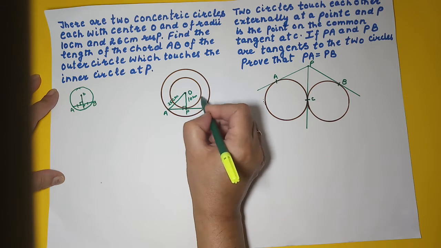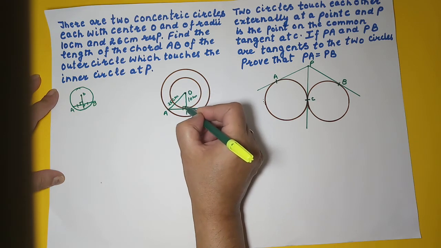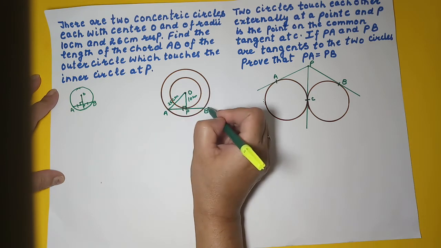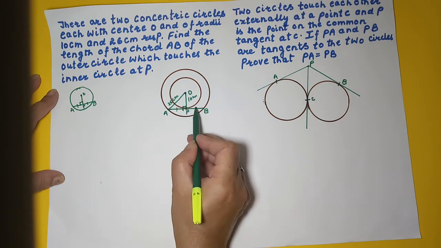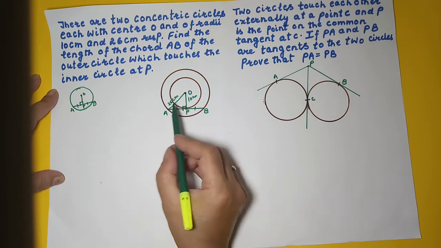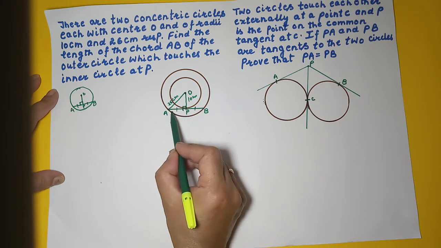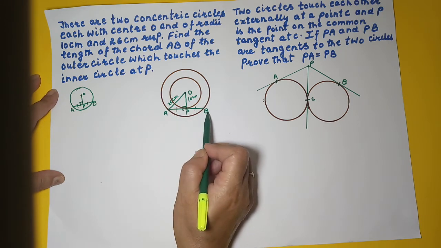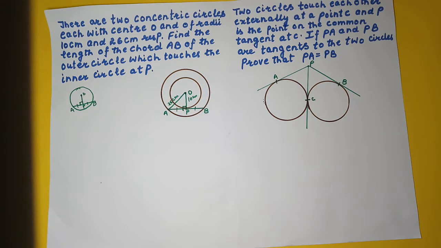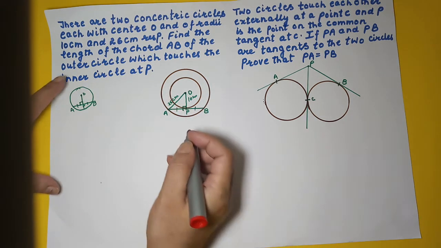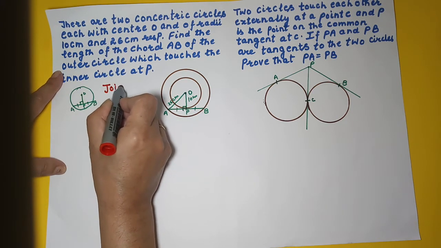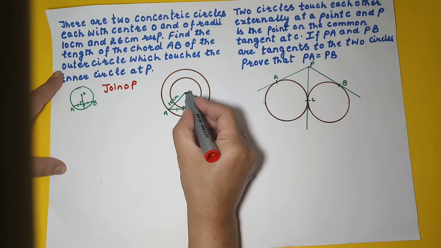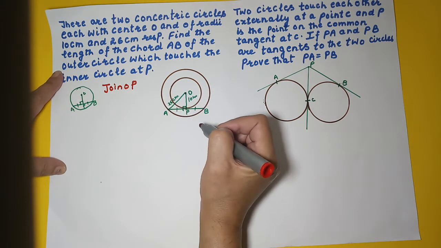From the smaller circle, we got OP as perpendicular line, right? To the bigger circle, AB is a chord and OP is a perpendicular. So it is bisecting this chord, dividing it into two parts. So now when we get AP, we can double that to get the AB, right? So now we will write this. So how will we write this? We will do a construction here. We will join OP.